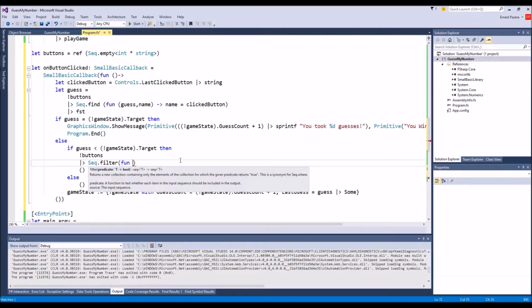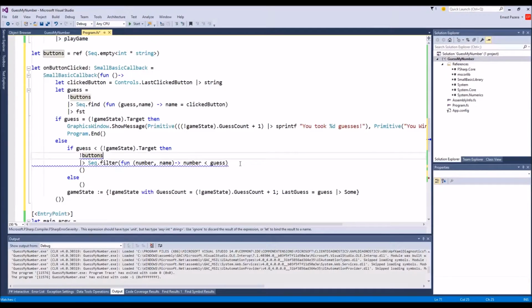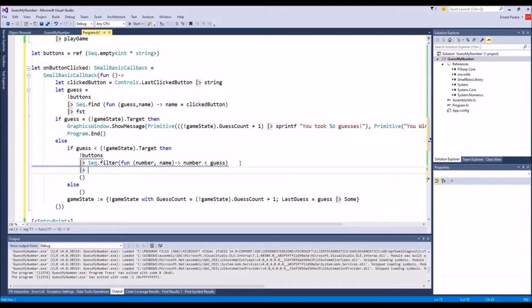We had a number, name. So if my guess is less than the target, then I'm too low. Number less than guess. Buttons there, and then